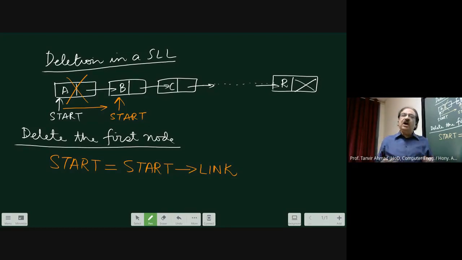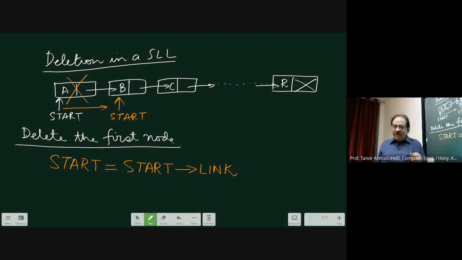Therefore, if you keep on deleting many nodes like this without returning the node to the available area, you will end up creating a lot of memory which is occupied but has no name. Can anyone tell, in C language, what this is called? A pointer which is occupying memory but cannot be accessed. Cannot be accessed means it has no name.